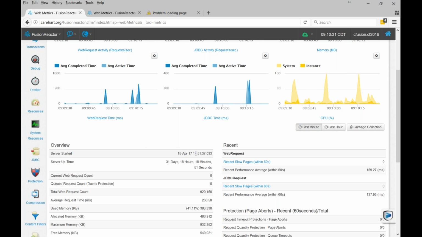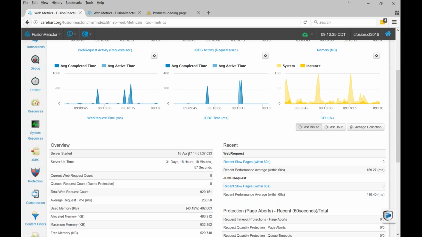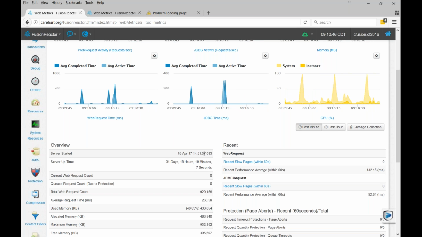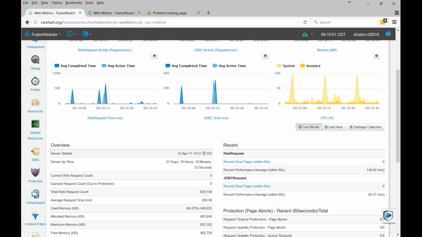And then again, the point of when it restarted in terms of time is really helpful, because if I were looking at this being yesterday at 14:51, I'd now know that I could go right to my logs and find out what happened yesterday at or before 14:51. So that's one benefit of looking at the user interface. We'll talk about the logs and some other information you can get in a moment. But before I do that,